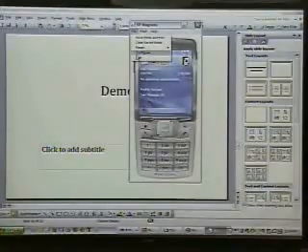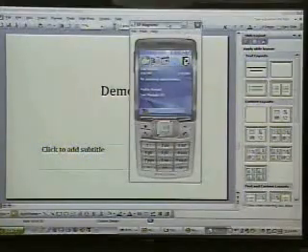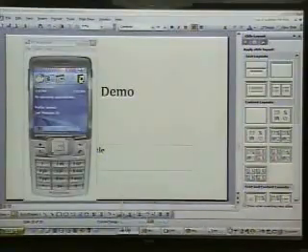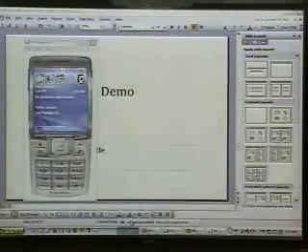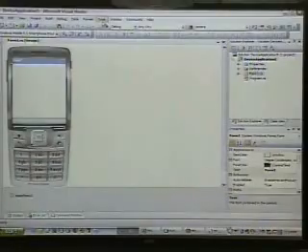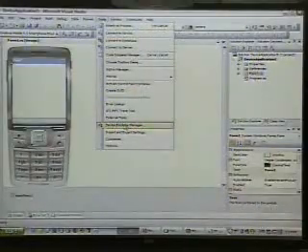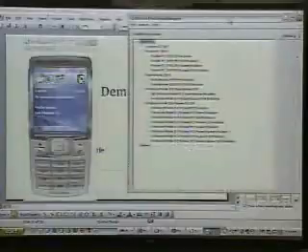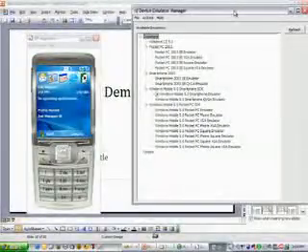For the emulator, is it easy for someone to just launch an emulator if they're not writing code? Great question. Let me show you. There's two answers to that. Right now in Visual Studio, we do have this add-in, the Device Emulator Manager. And what that does is it shows you in a tree view every single emulator configuration that's on the machine. This was installed with the device emulator. The device emulator has its own